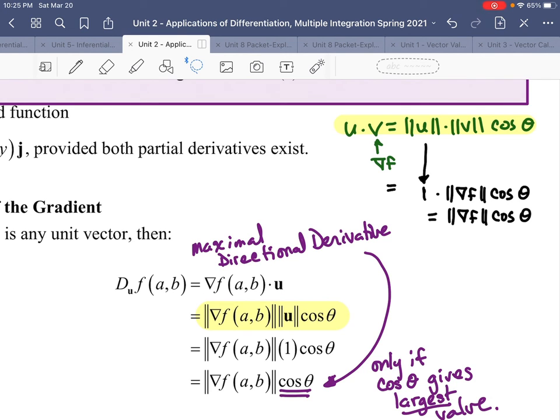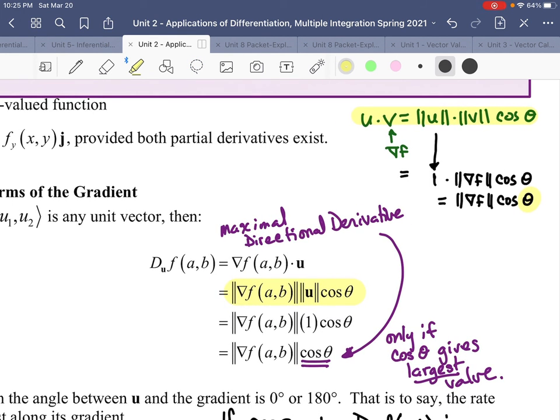And so if there is no angle separating the two, then you get the full force of the gradient vector acting in the direction of the unit vector. If there is an angle separating the two, then you'd only get some component of that acting in the direction of the unit vector, right? And so that's where the theta comes into play, right? And so we talked about this as,